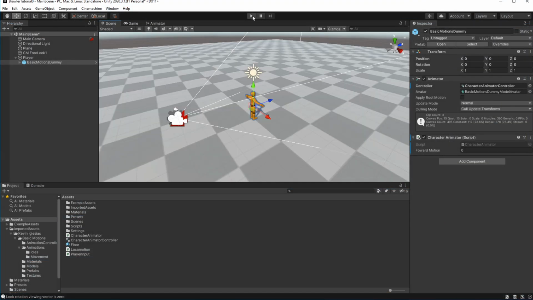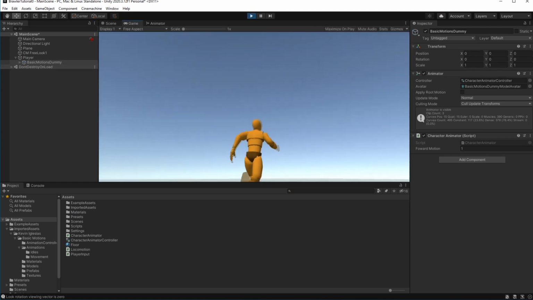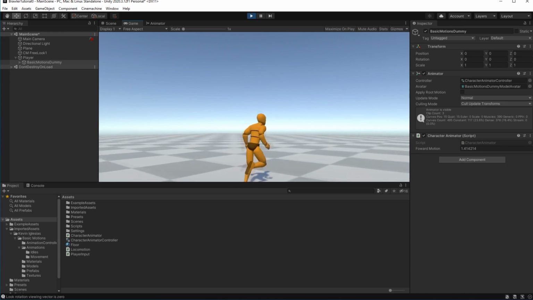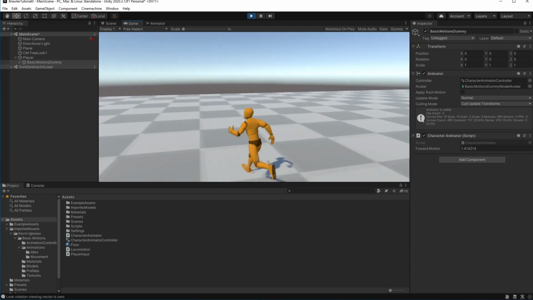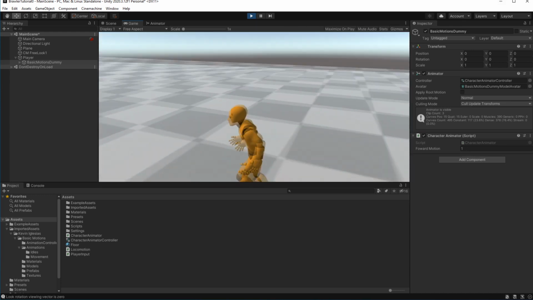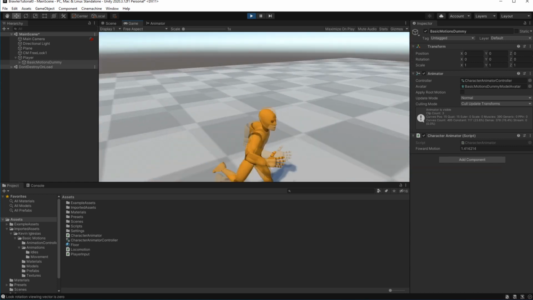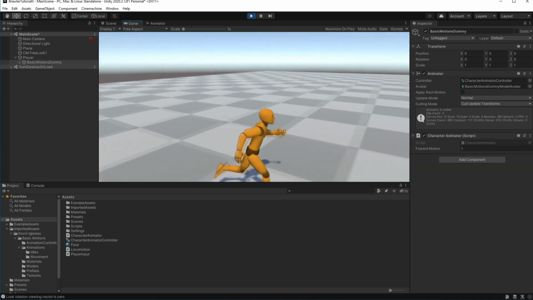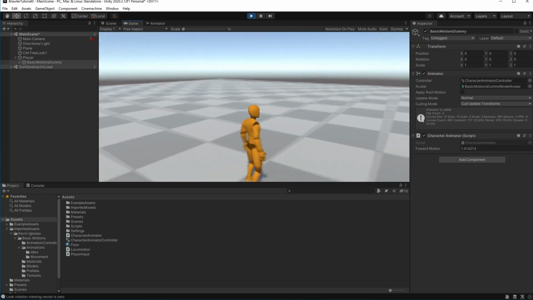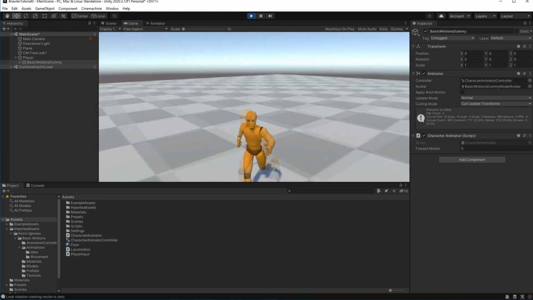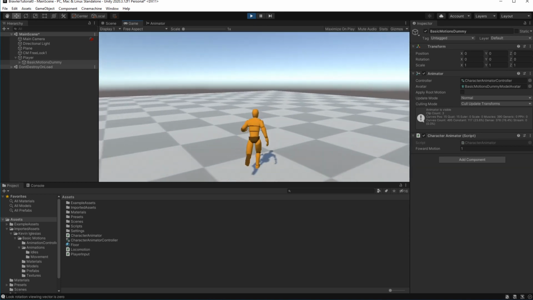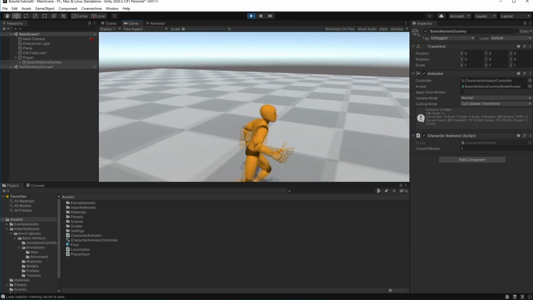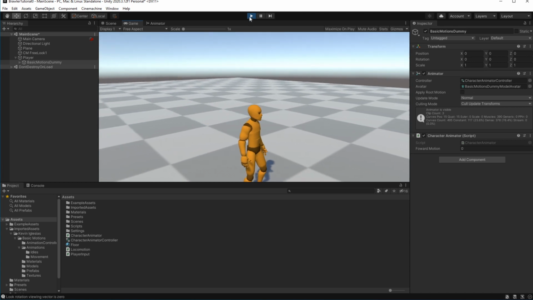Let's try this. Okay, this is working on the keyboard. But I can only run, so let's try to use a controller to do small steps.